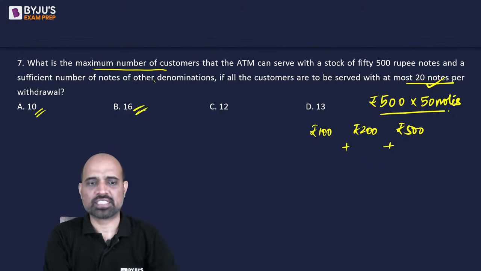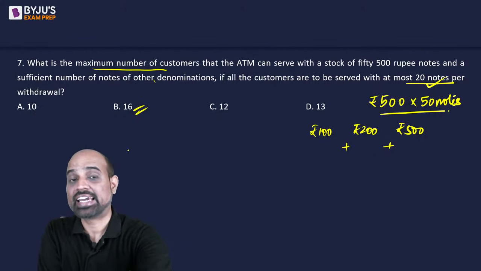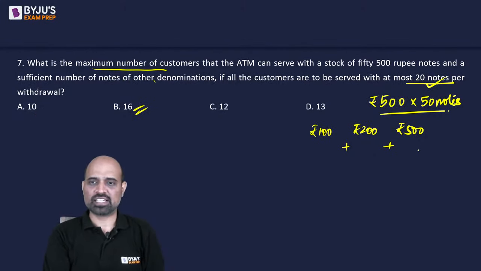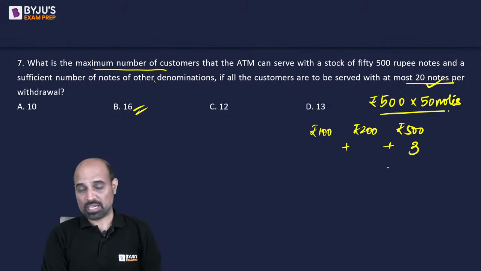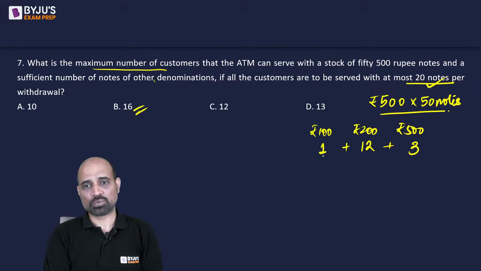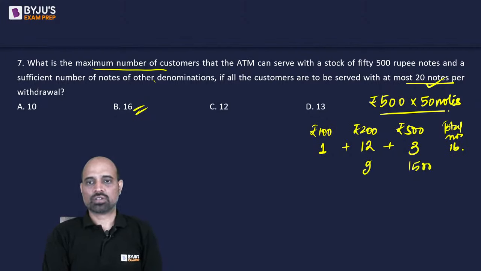Or since they are asking for maximum, let's start with 16. If 16 people can get those 50 500 rupee notes, can we say they can get 3 notes of 500 each? 2 will be left over but that is not my concern. Okay, so 1500 is done, we are left with 3500. For 3500, if we need to minimize the number of notes, I'll be taking this as 12. 2400 plus 1. Total number of notes is 16. And total amount is 1500, 2400 and 100, which will give us,